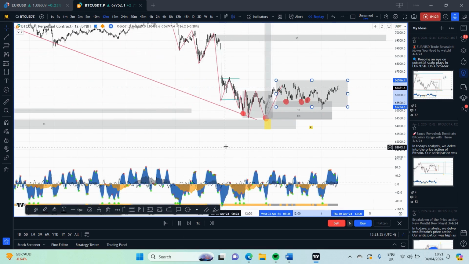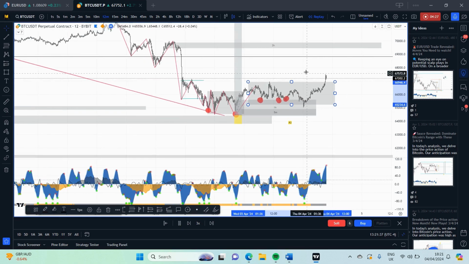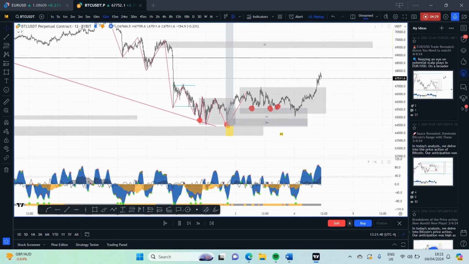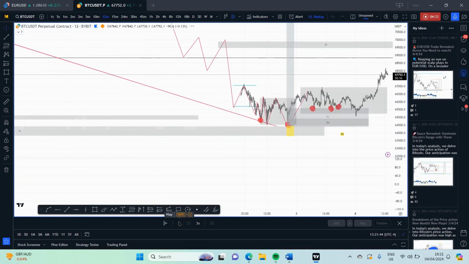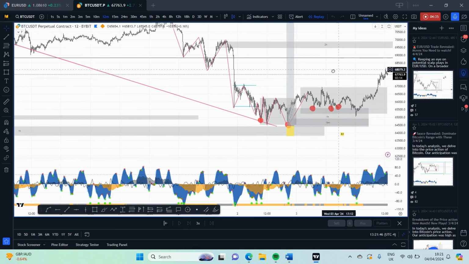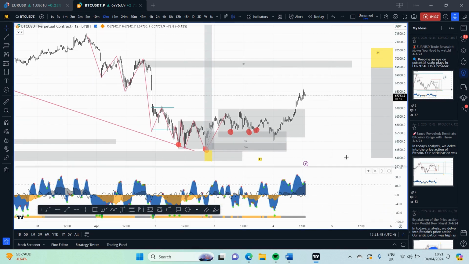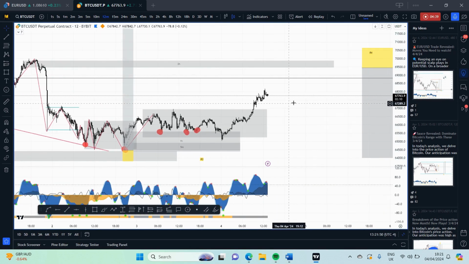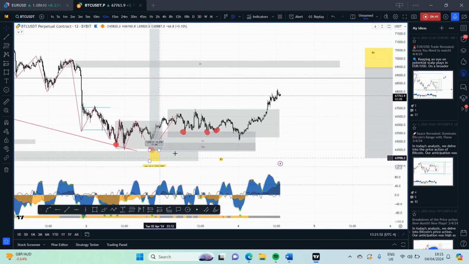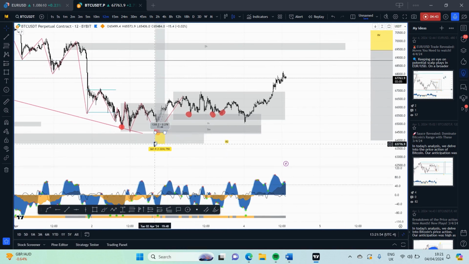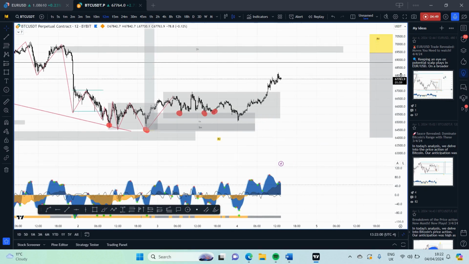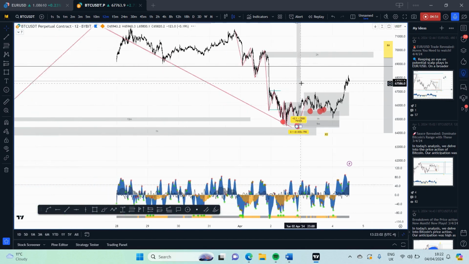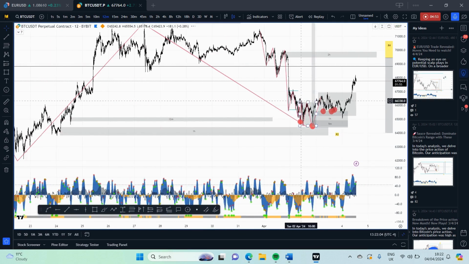It played around. We're waiting to see, and then boom, breaks out of that range, which is good. That's exactly what we want to see. Now let's see. As we broke out of that range, that leaves us where we are at the moment. So that trade is very well in profit. Stop loss has been moved to entry, so we've de-risked that trade, and we are playing with house money at the moment. So well done to any one of you that got into that trade, and for those who didn't,